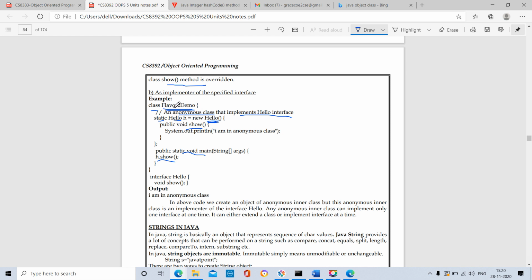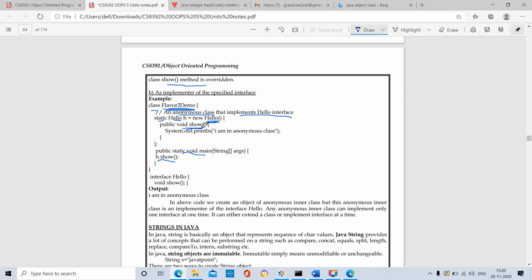In the interface, we should declare the method only. We can't define the method. So the Hello interface should have the method declaration part, and that method declaration should be defined in the class Flavor2Demo.